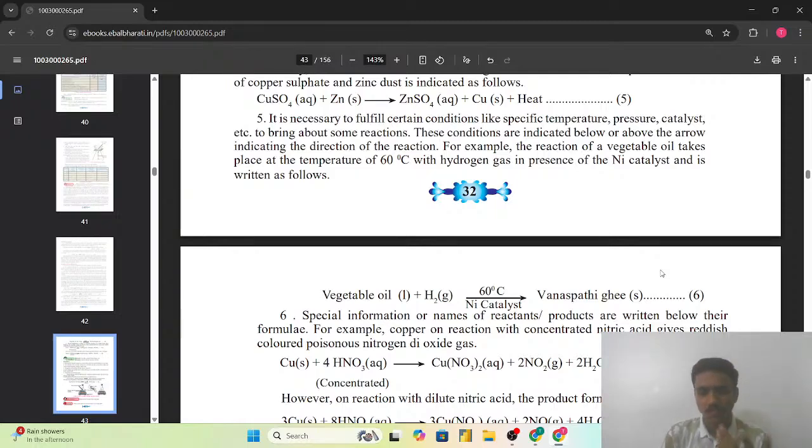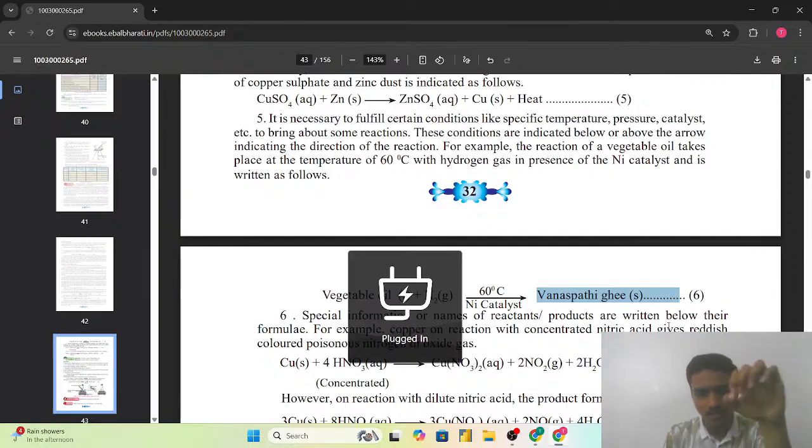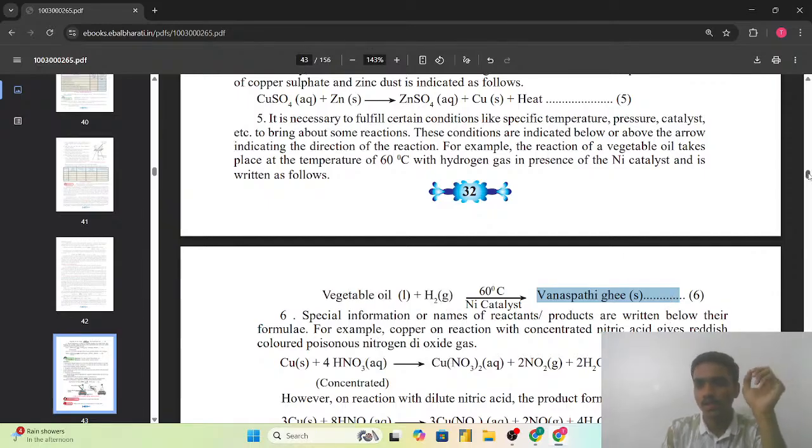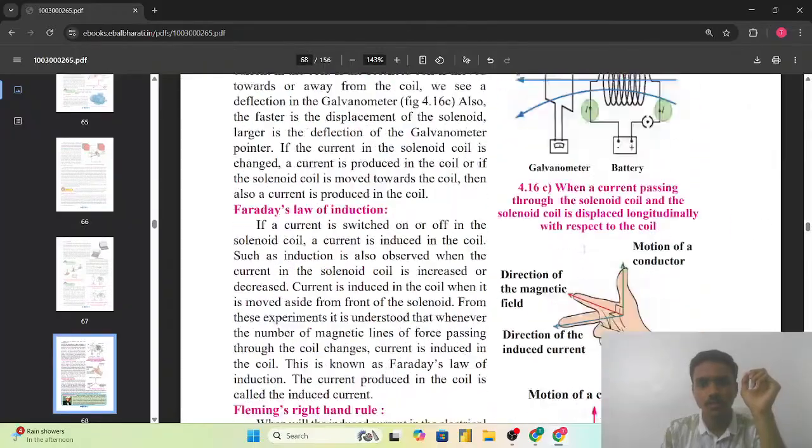तो यहाँ पर ये रिएक्शन क्या है कि वेजिटेबल ऑयल वी आर टेकिंग विच इज इन द लिक्विड ऑफ कोर्स व्हेन वी आर रिएक्टिंग इट विद द हाइड्रोजन गैस इन द प्रेजेंस ऑफ निकल कैटलिस्ट एंड 60 डिग्री सेल्सियस, दिस ऑल थिंग आई हैव एक्सप्लेन इन द प्रीवियस पार्ट। सो निकेल यहाँ पर कैटलिस्ट है और 60 डिग्री सेल्सियस पर जो ये रिएक्शन परफॉर्म हो रही है लीड्स टू द फॉर्मेशन ऑफ द वनस्पति घी। तो यहाँ पर जो वनस्पति घी मिल रहा है, सो दैट वी विल सी।